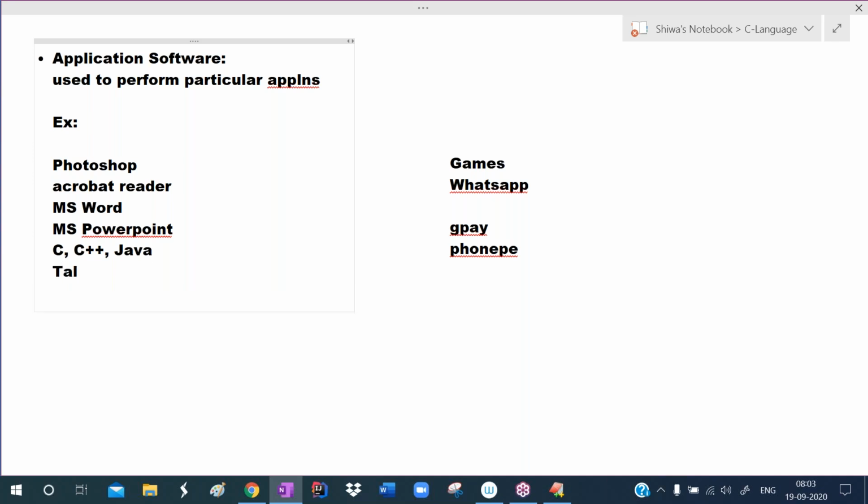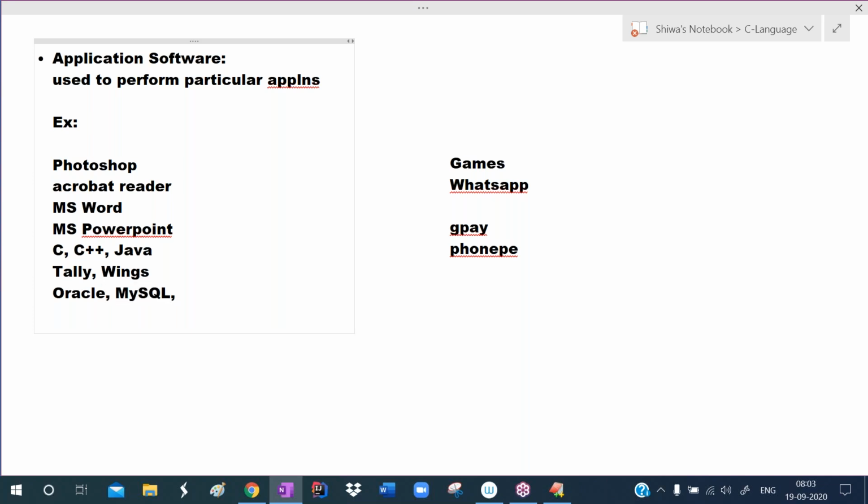Okay, so like that, several accounting packages are there. To perform accounting applications, several accounting packages are there like Tally, Wings, Focus, Peachtree. Database management softwares are there like Oracle, MySQL. In Facebook, you are entering the data. The data will be stored in the back end in one software, in MySQL.